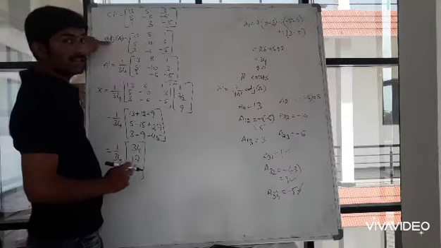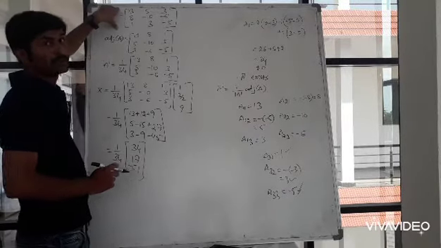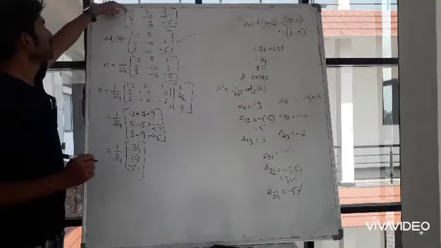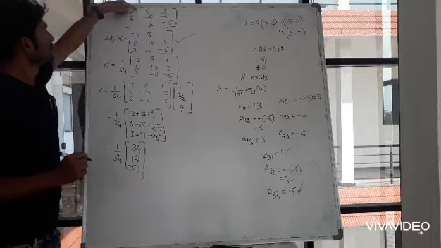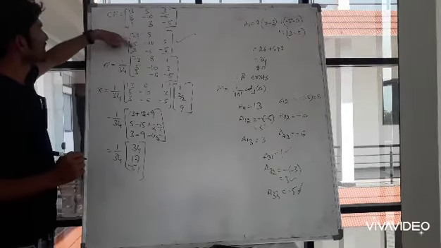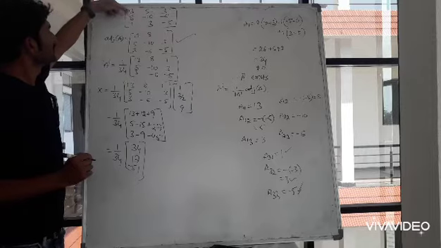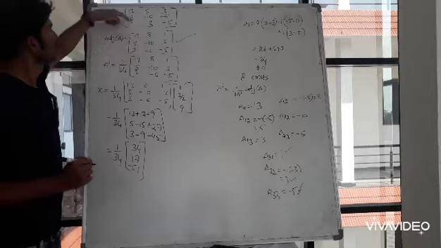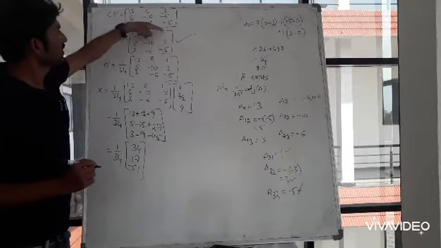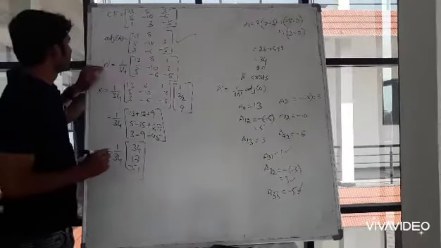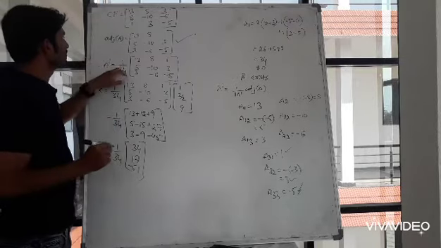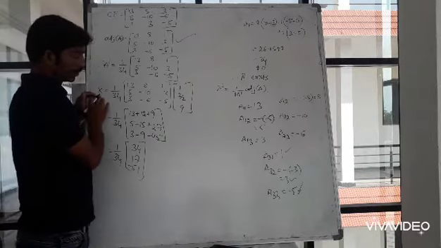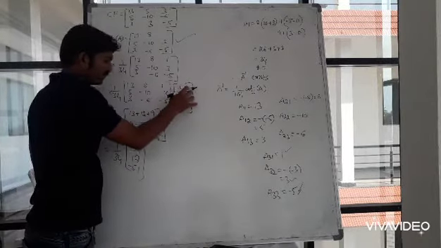Then, adjoint of A is transpose of cofactor matrix. So, this is adjoint of A. Interchanging rows into columns. 13, 5, 3 rows we have written in column. 13, 5, 3 in column. 8, minus 10, 6. Then 1, 3, minus 5. Okay. Then therefore, A inverse is equal to 1 by 34, write here as it is. Then X is equal to A inverse into B.